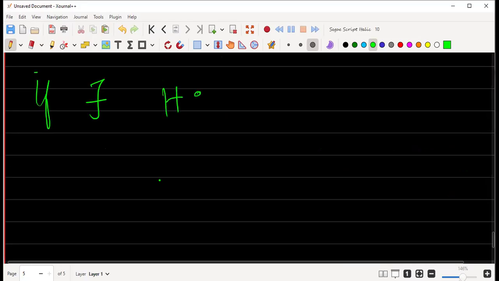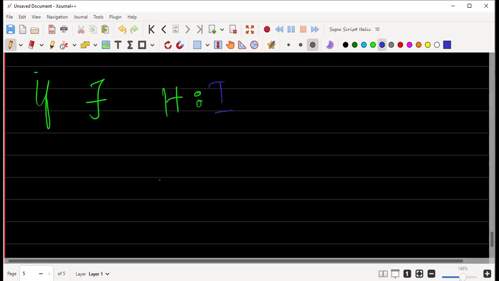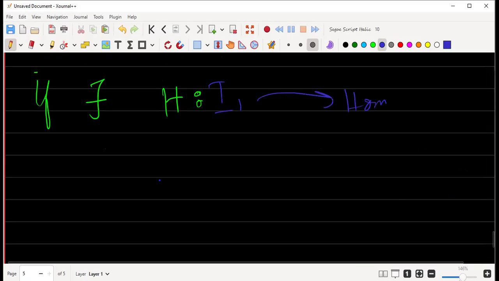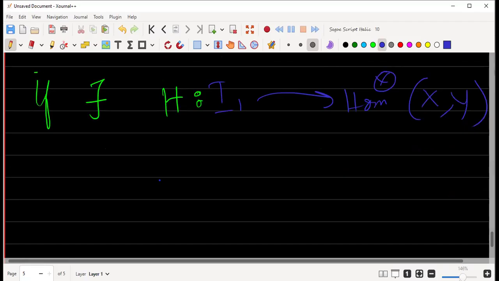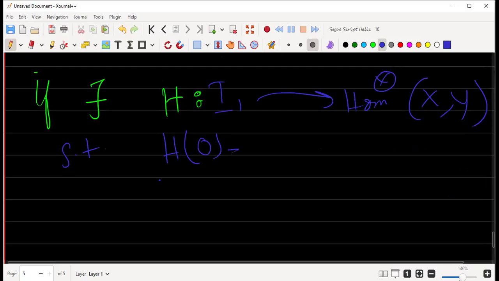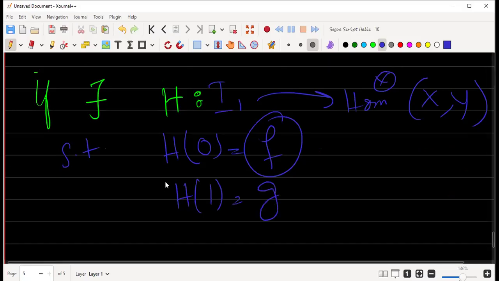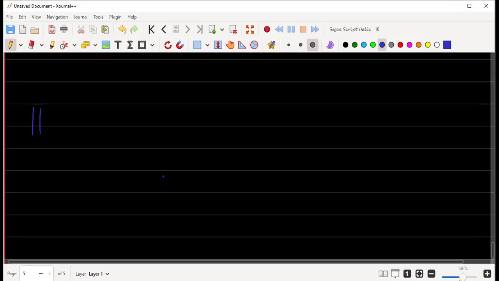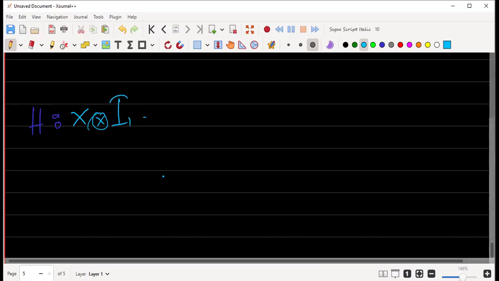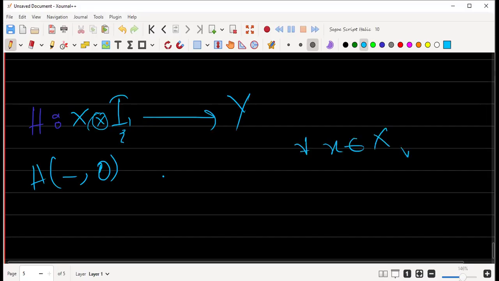A graph map h from I_1 to Hom star(x, y), ठीक है। So if we substitute in the place of i equal to 0, we get first f, and if we substitute 1, we get g, okay। And equivalently they are saying that there exists also a graph map, of what type: x box product with I_1 to y, so if we substitute h dash comma 0 in place of i, for all x belonging to x, we get f,